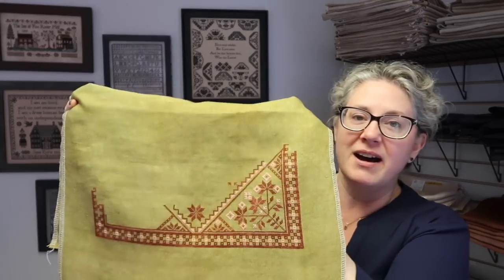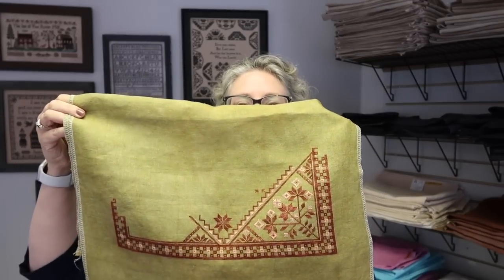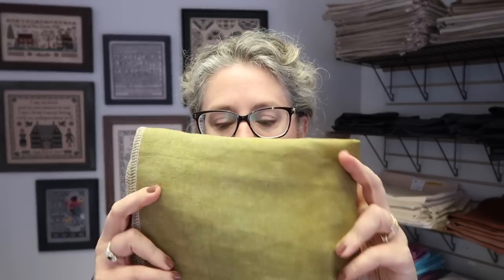This is going to be a cushion on my couch. And trust me, it's going to look smashing. The fabric is a 28 count, one of a kind, Leo&Roxy Floss Co linen, and 2 strands of floss over 2, and it's Pippi and South Beach. Yeah, I love it. Okay, this next one,